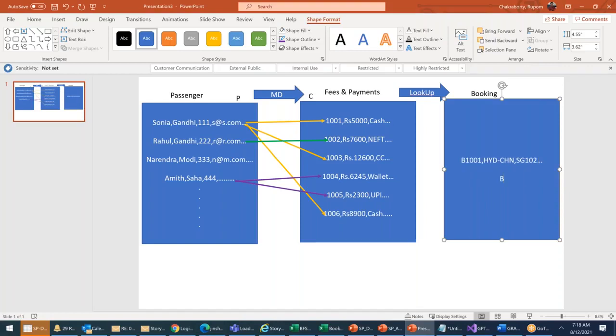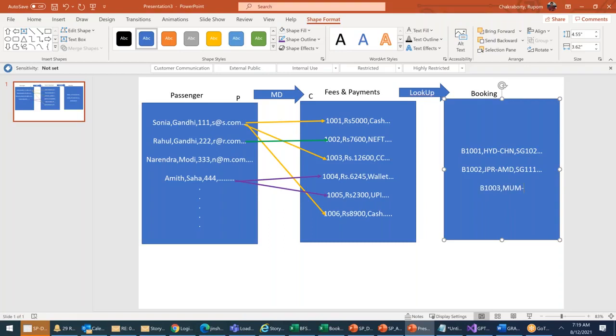Next, booking 1002, JPR Jaipur to AMD Ahmedabad, SpiceJet 111. So many details. Next, booking ID 1003,